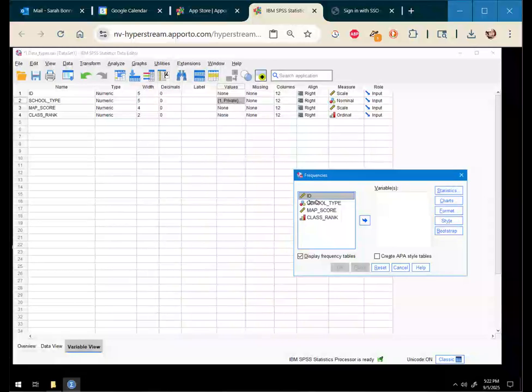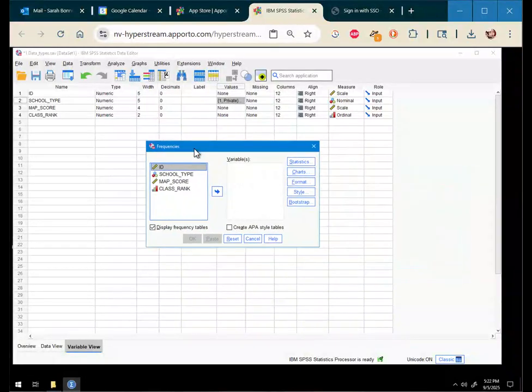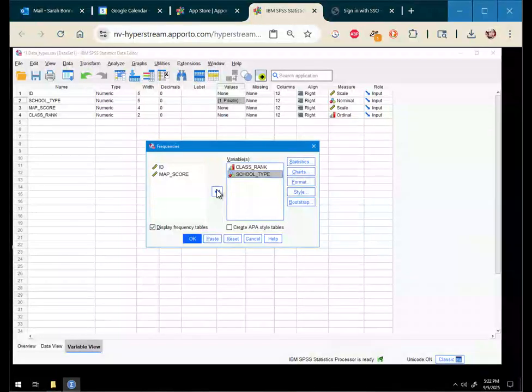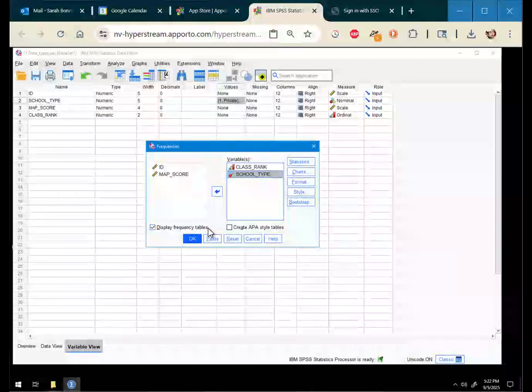And so you click on frequencies, and then we are going to get one for class rank. So you just click that over, you highlight it, and then press the arrow. And we're also going to get one for school type. So you can get multiple frequency tables in one shot. And you'll see by default, display frequency tables is already checked. That's always true in